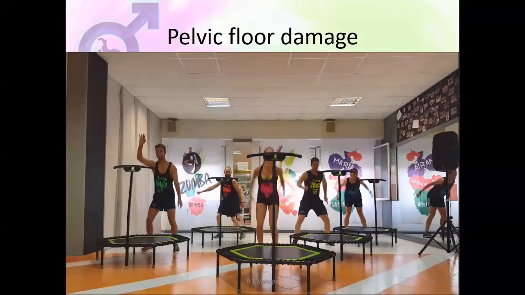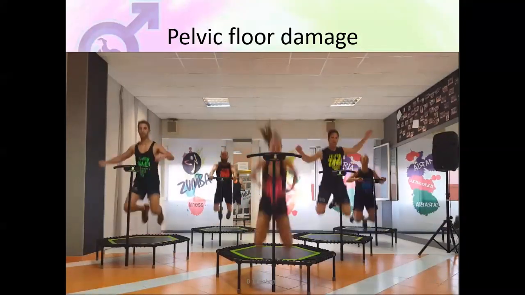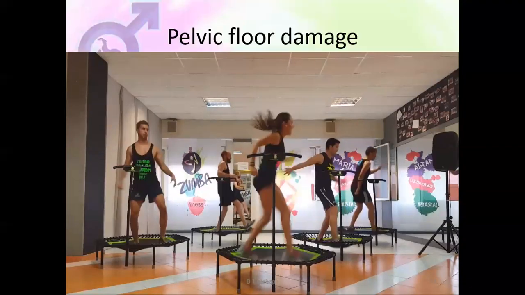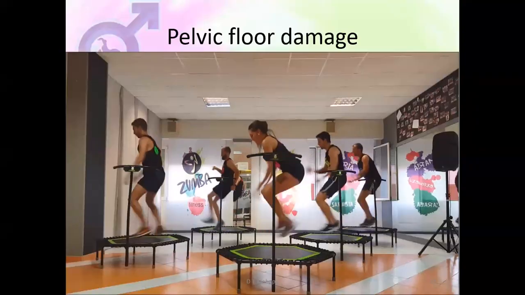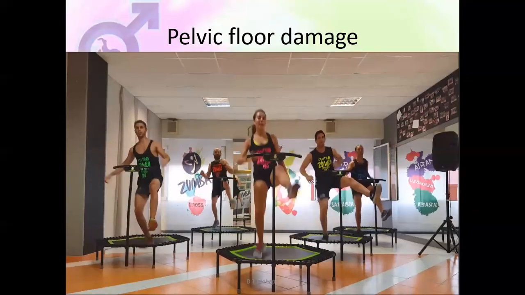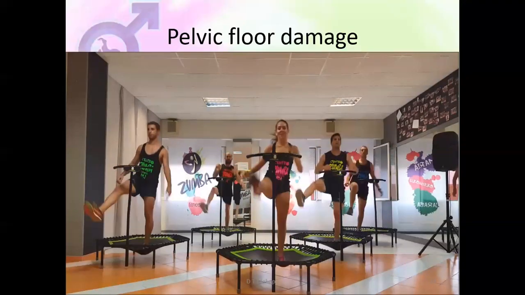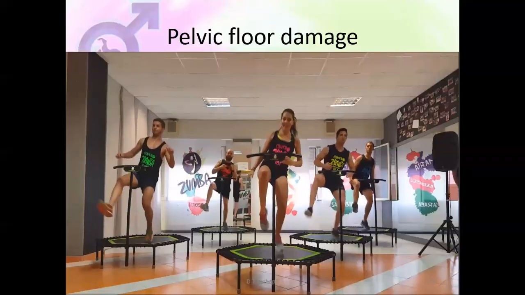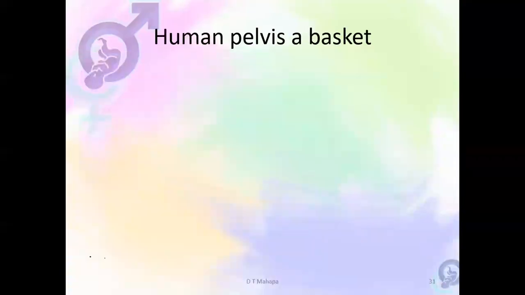I always play this to show that's what the organs do when you do dancing. That's the pelvic floor. The trampoline is the pelvic floor. If that trampoline was not made of good rubber, it was going to sag down. So when you are pregnant, you do dancing, you've got fibroid, you've got coughing, that's what you are doing to your pelvic floor. That trampoline represents the pelvic floor.